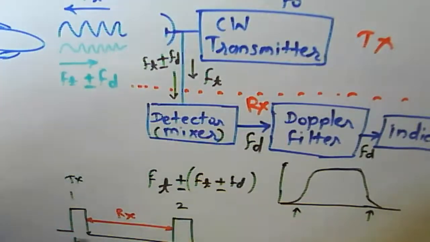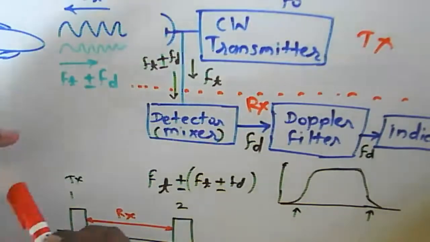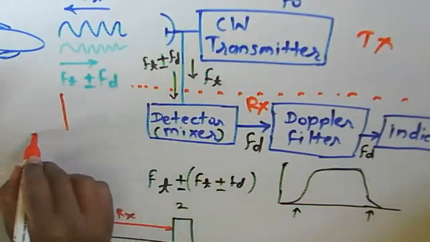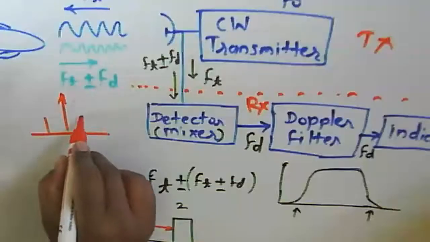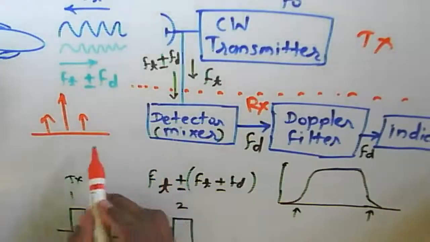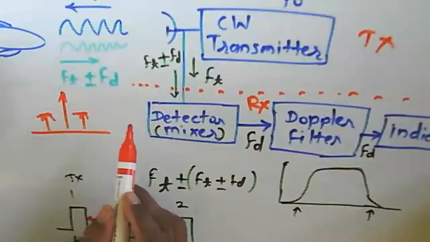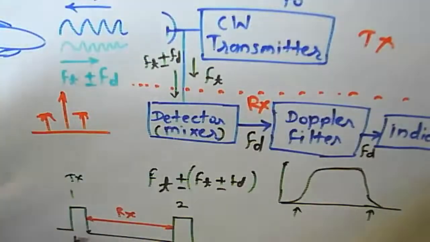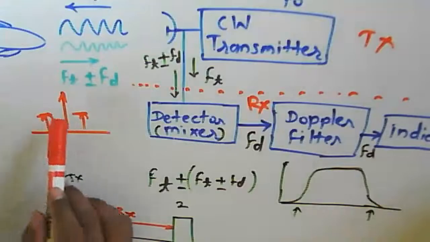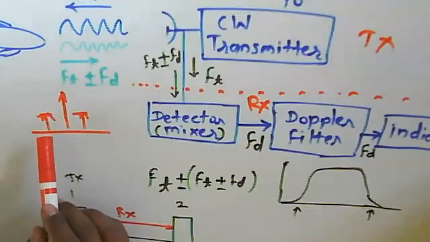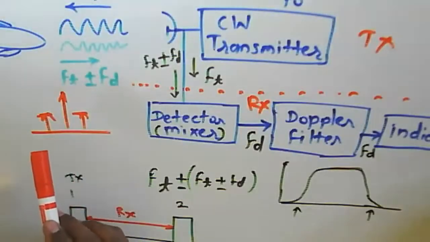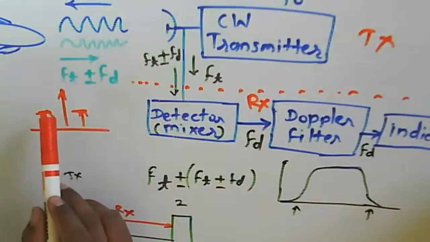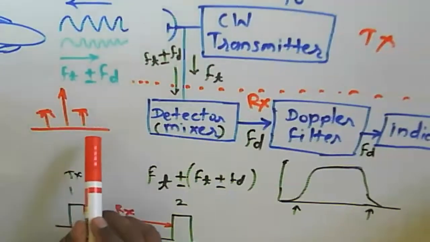So we have the carrier, and these are nothing but the sidebands. That carrier signal has some particular level if we consider AM or FM. So we consider the use of AM or FM, and that will be